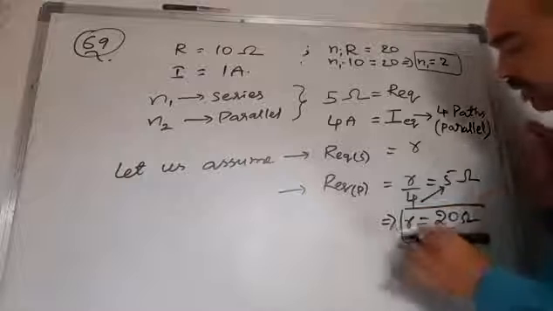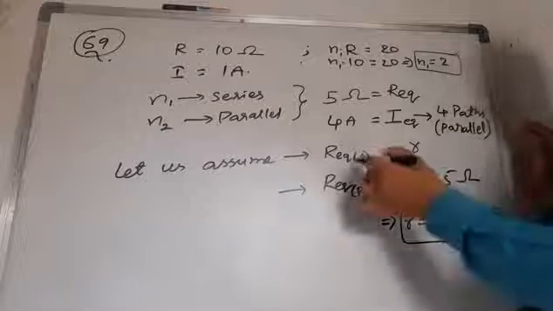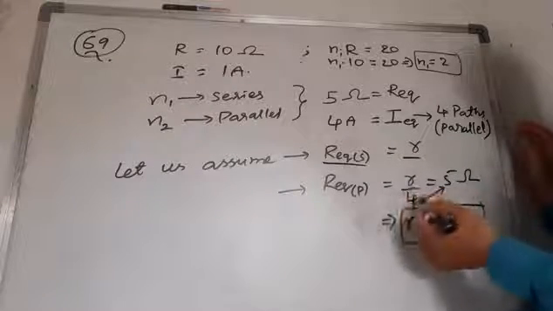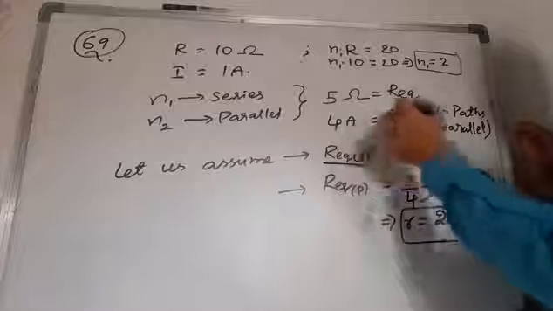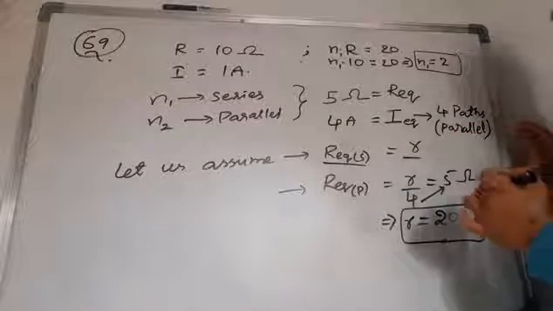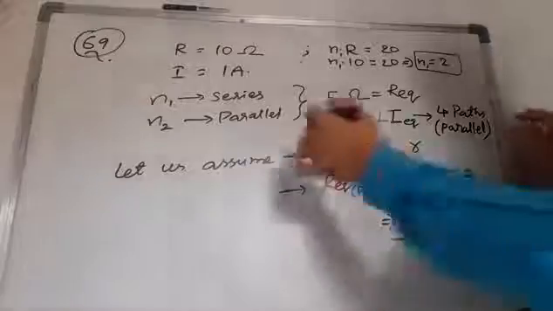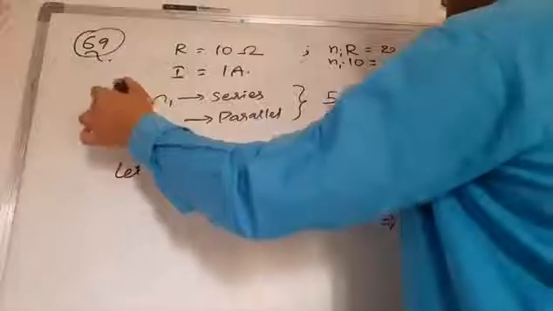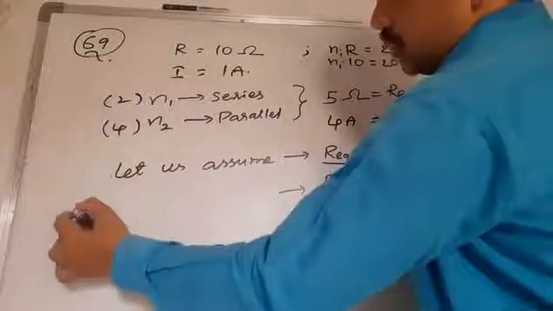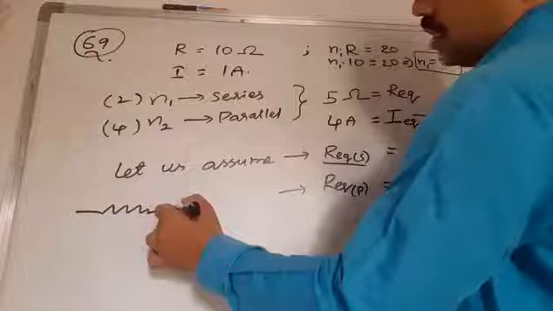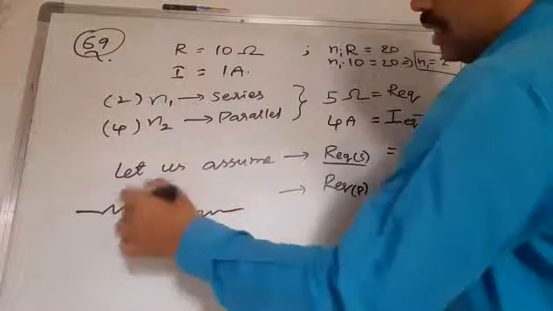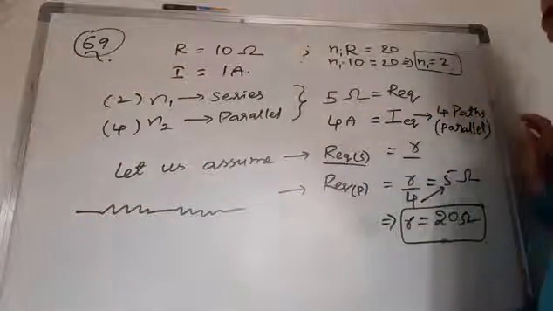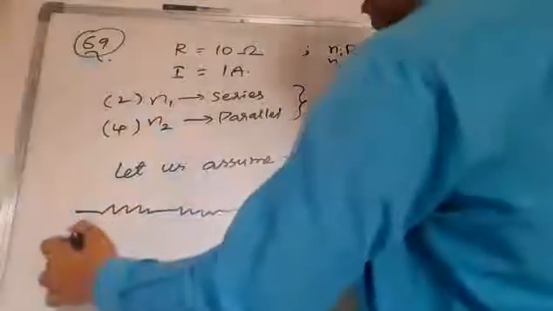Because the total resistance in series is 20 ohms. We already understood that this total resistance in series is R. Then in parallel we got R by 4. Why 4 we have taken? Because 4 amps we should get, so 4 paths we should get. Next, how many parallel lines are we going to take? We are going to take 4 parallel lines and 2 series resistors. So the resistors will be connected like this. 2 in series means this is number 1, this is number 2. Like this, total 4 lines we should take.